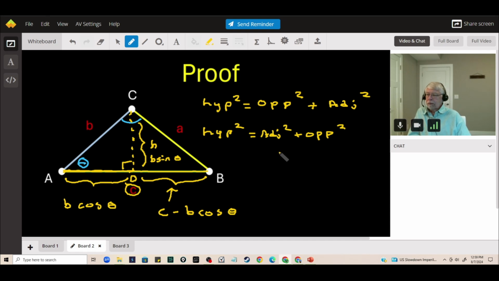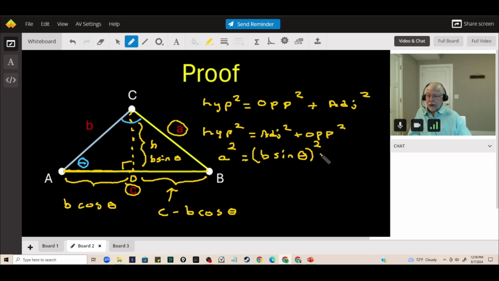So all I have to do, I know that the hypotenuse is just A, and I say A squared, and set that equal to the opposite side, which is B sine theta, and that's squared,